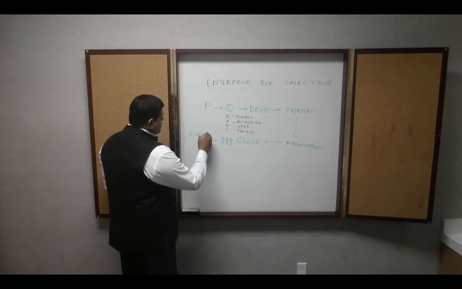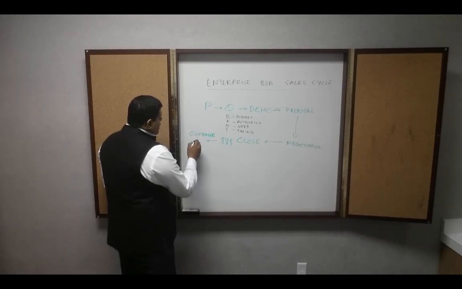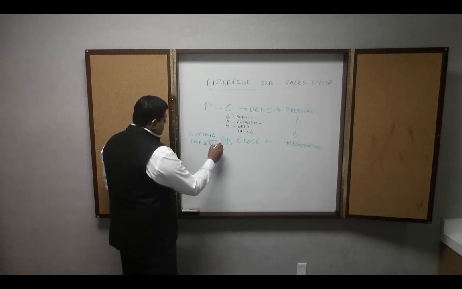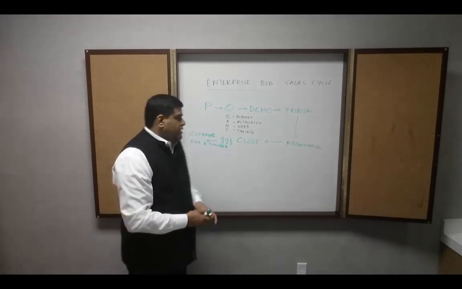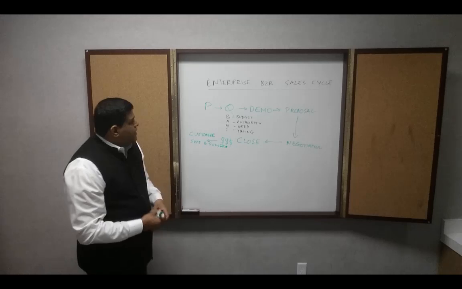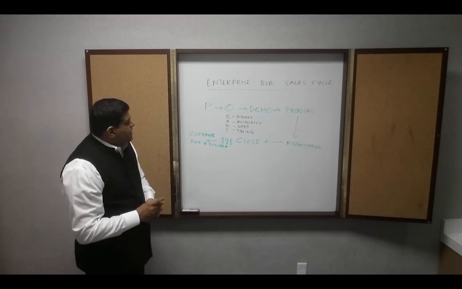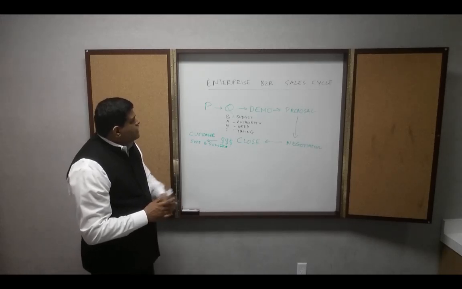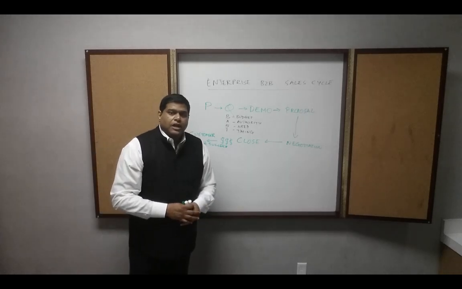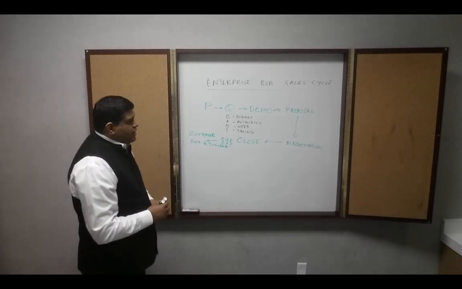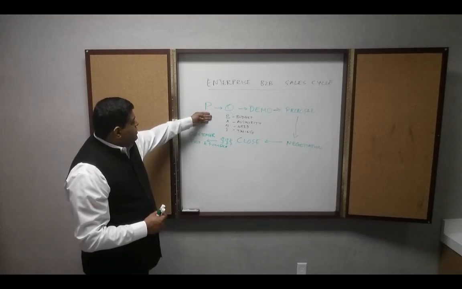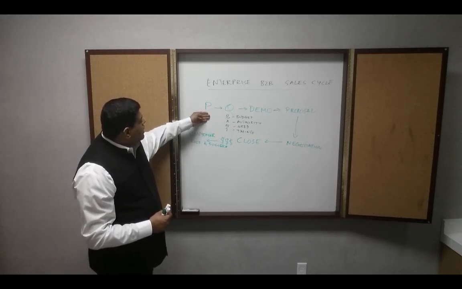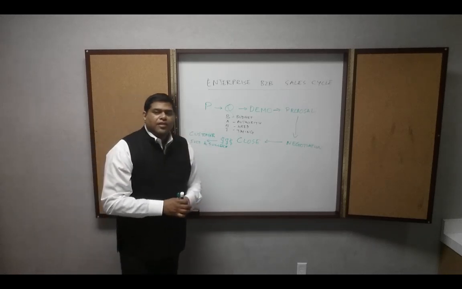So what you want to do is to hand off, and broadly I would say customer services and success. You might have a consulting organization that engages with the client, that takes over from the sales team and helps the client achieve success. So that's the enterprise B2B sales cycle in a nutshell. And now what I'd like to talk to you about is the prospecting stage, and talk about the roles and responsibilities in more detail.